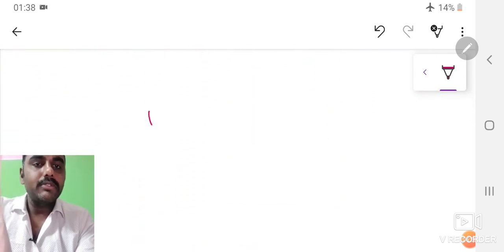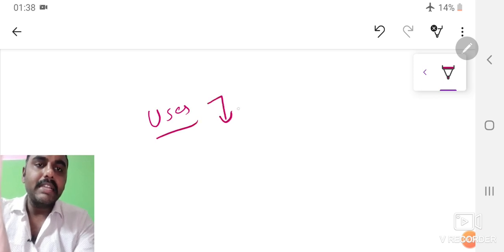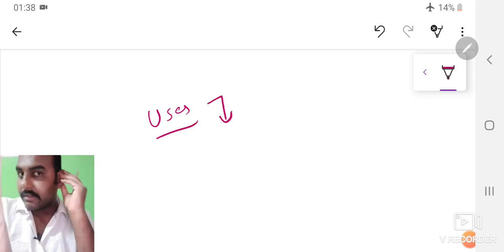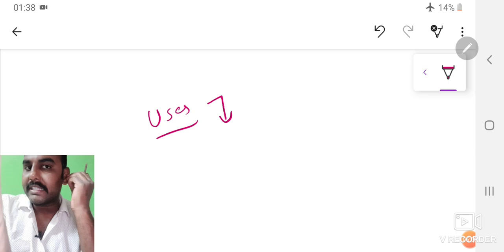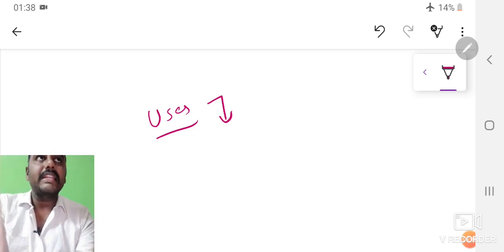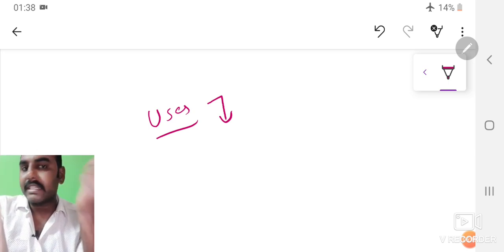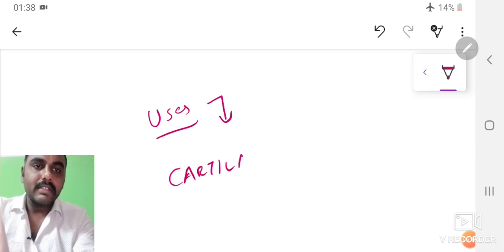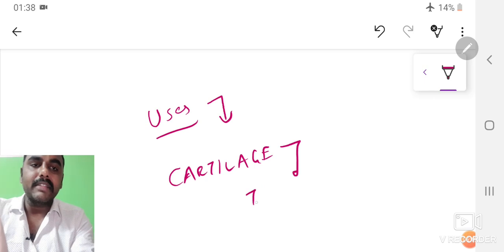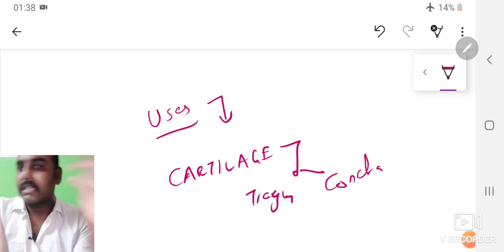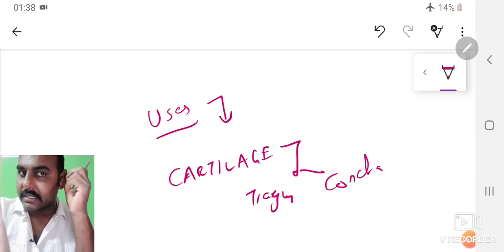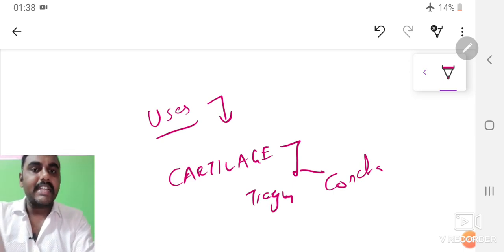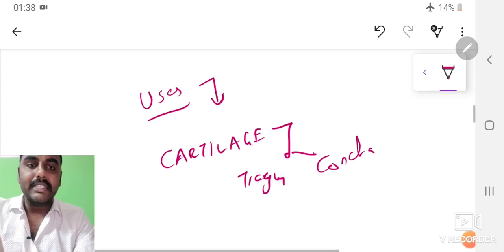Okay, so what are the uses of pinna? For a surgeon, when we do a myringoplasty or when we do a correction like an augmentation rhinoplasty, we harvest a cartilage. The cartilage can be harvested either from the tragus or from the concha. Okay, so this is regarding the pinna anatomy.